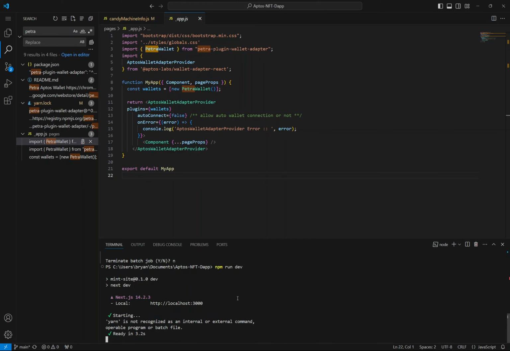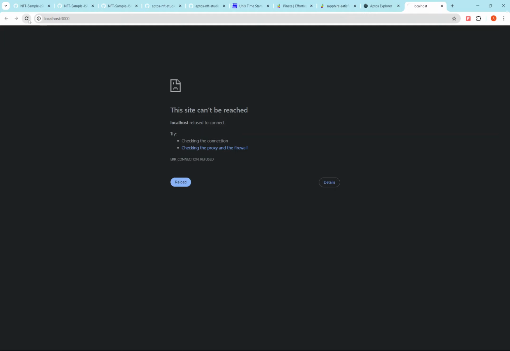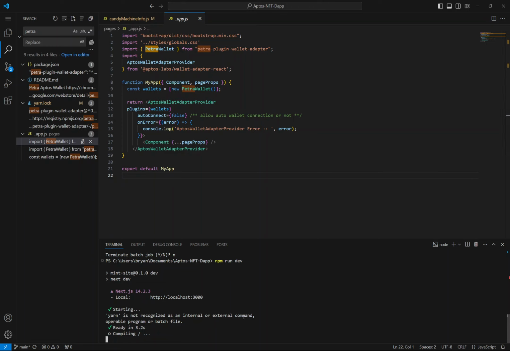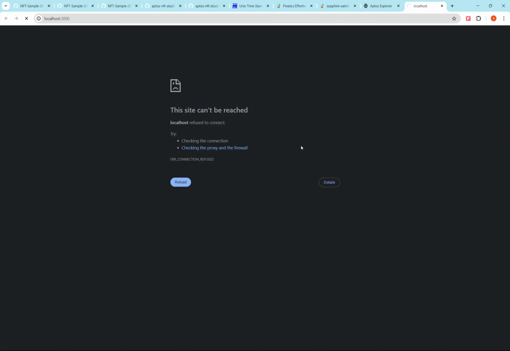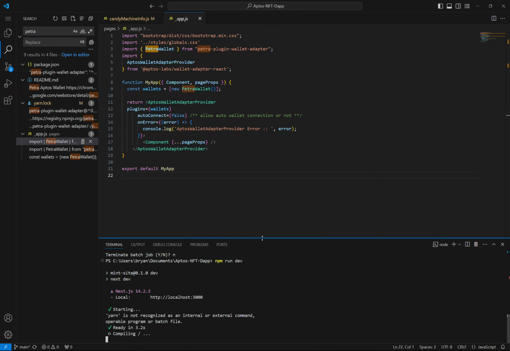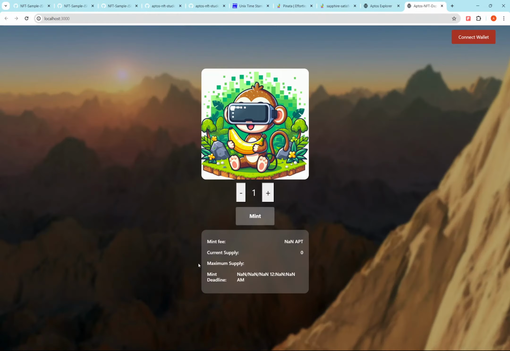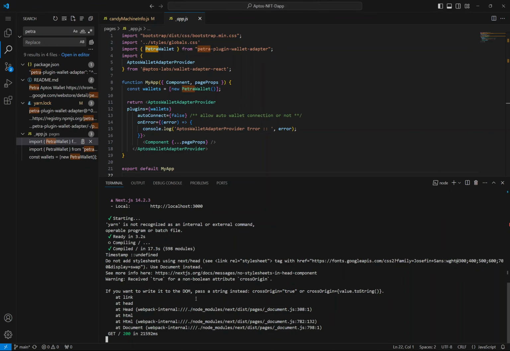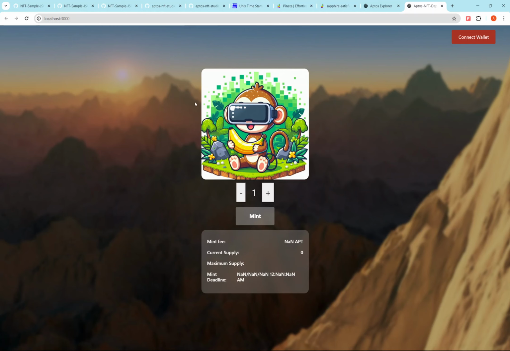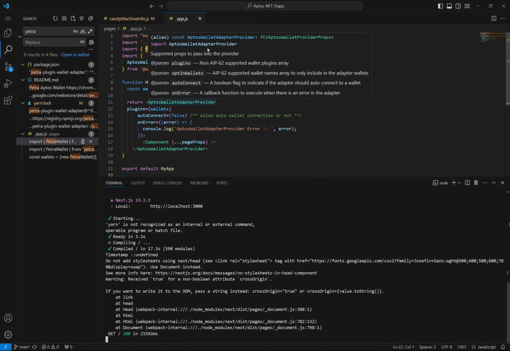Right, ready in 3.2 seconds. Is it ready? Okay, let's take a look here. Compiling. Oh, okay. Compiling. Okay, are we done? Compile. Okay, we're done. So this depends on the speed of your computer, how fast you can compile. So over here, once we're done,